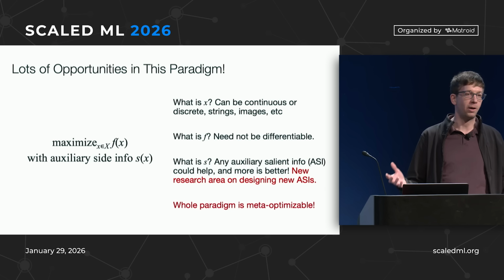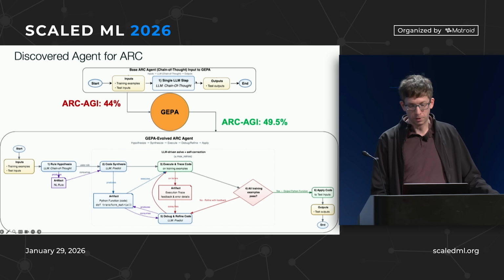So just some examples. We've extended JAPA to optimize agent code and prompts, where it creates a multi-step agent for a task that does well, and it improves quality on math and ArcAGI. I don't have time to look at it in detail, but basically it starts with this simple agent and it produces this weird multi-step agent that does better, and all the prompts.